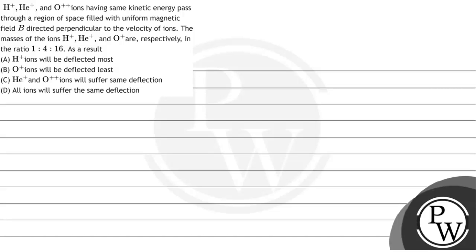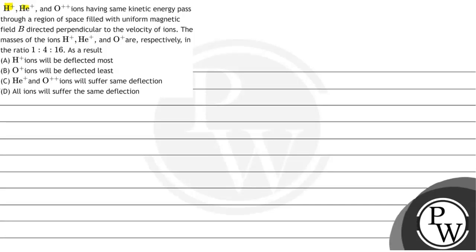हेलो बच्चों, लेट्स रीड द क्वेश्चन। तो क्वेश्चन में गिवन है कि H plus, He plus and O2 plus ions having same kinetic energy pass through a region of space filled with uniform magnetic field B directed perpendicular to the velocity of ions. The masses of the ions H plus, He plus and O2 plus are respectively in the ratio 1, 4 and 16. देन एज ए रिजल्ट हमें देखना पड़ेगा कि कौन सा ऑप्शन सही है।